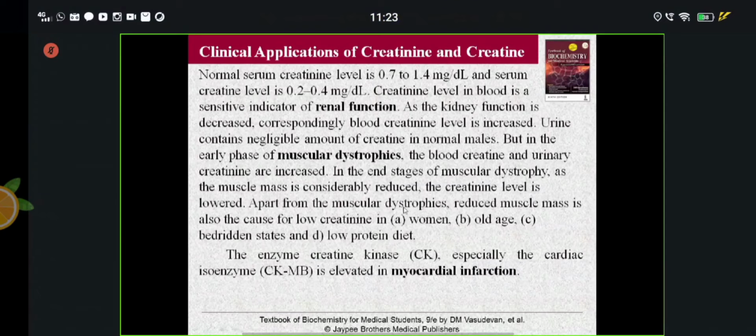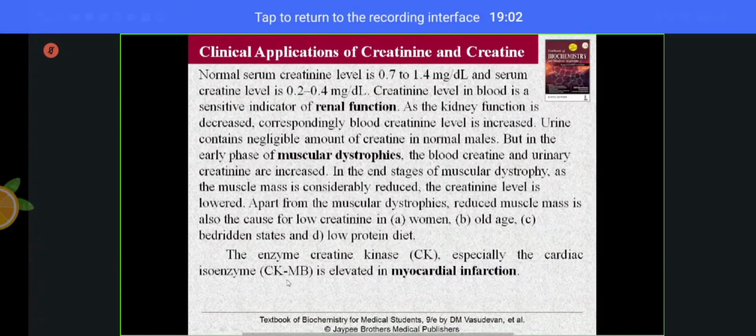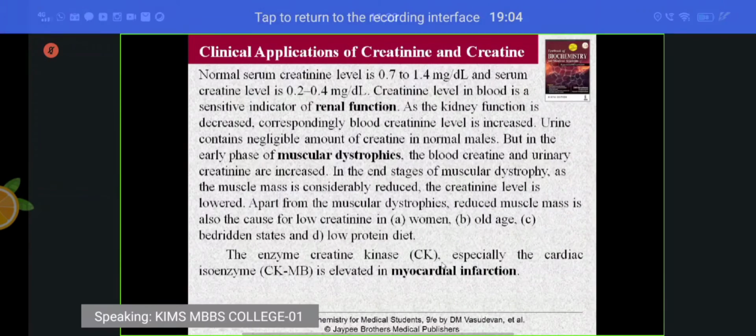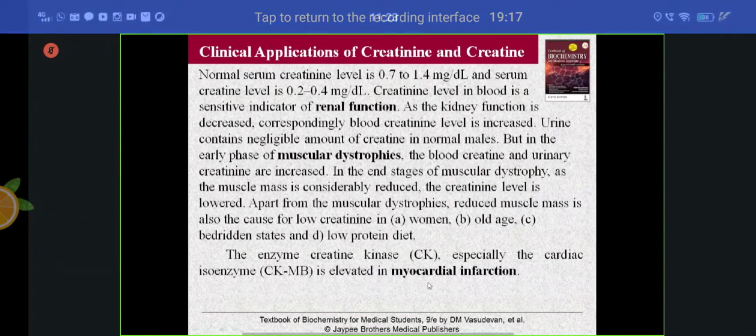So, the enzyme creatine kinase. Now let us come to it. It's an isoenzyme, and the cardiac isoenzyme is CKMB. What are these isoenzymes? One is CKMM, which is found in the muscle. CKBB is found in the brain, and CKMB is found in the heart, and that's what we are much more concerned about. Whenever there is a heart attack, along with troponins, you have heard about troponins, we also go for estimation of CKMB. Troponins have got much more importance than CKMB.